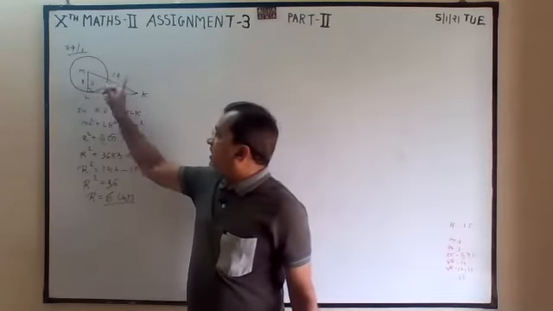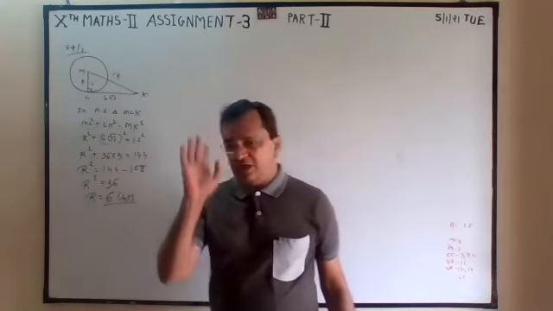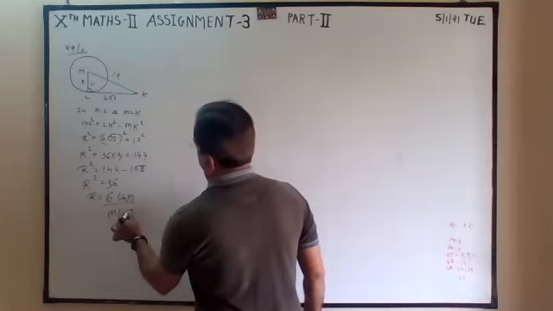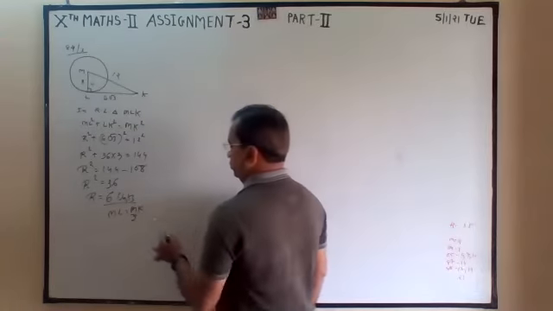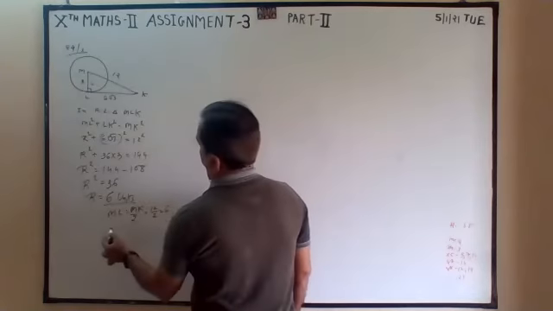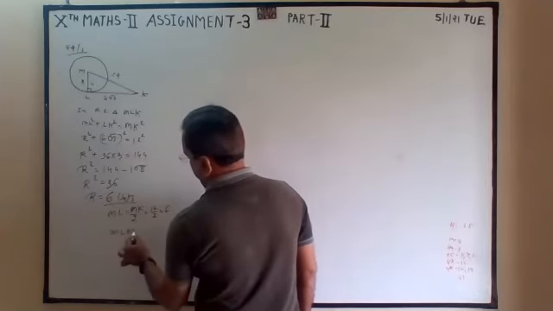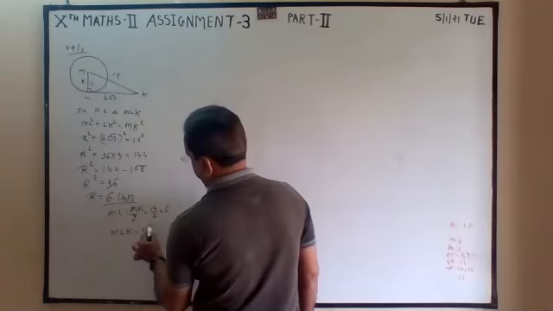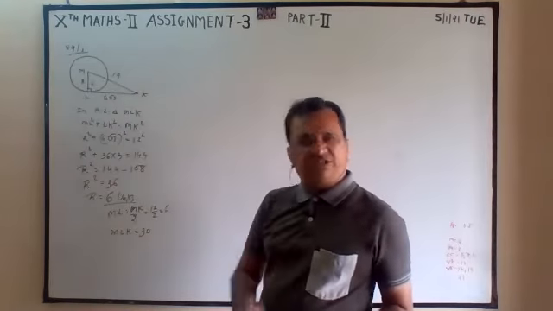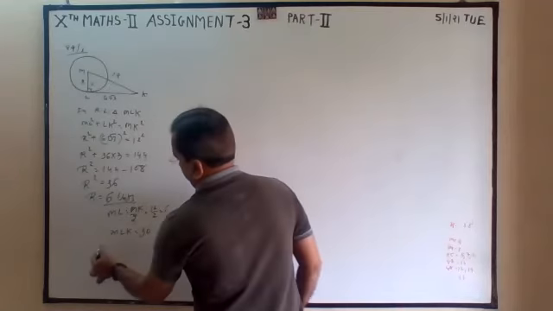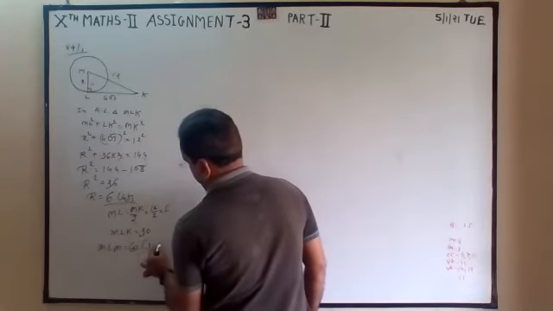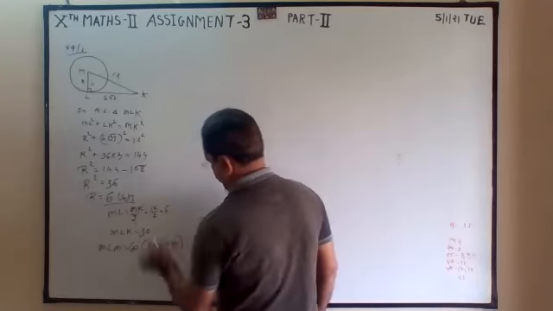Opposite to which angle is half of the hypotenuse? Opposite to 30. So I'll write ML is equal to MK by 2. That is 12 by 2 is equal to 6. Therefore, measure angle K is 30. One is 90, one is 30. Automatically rest is 60. Measure angle M is equal to 60 degree. 30, 60, 90.